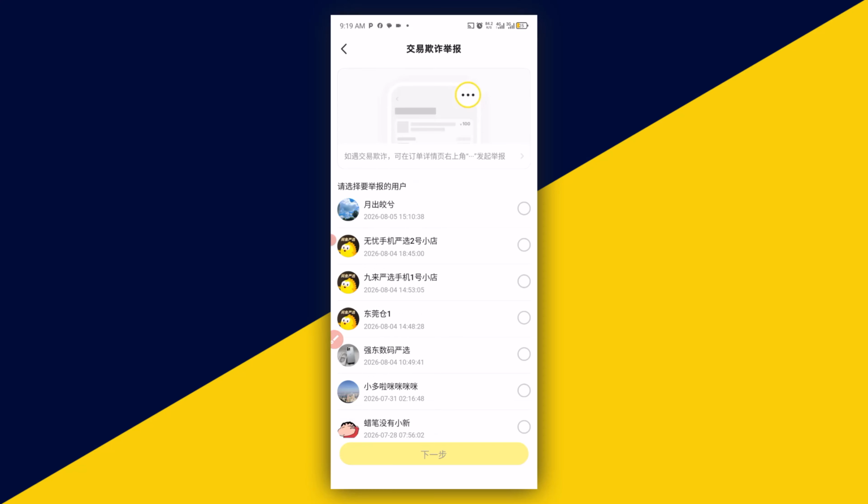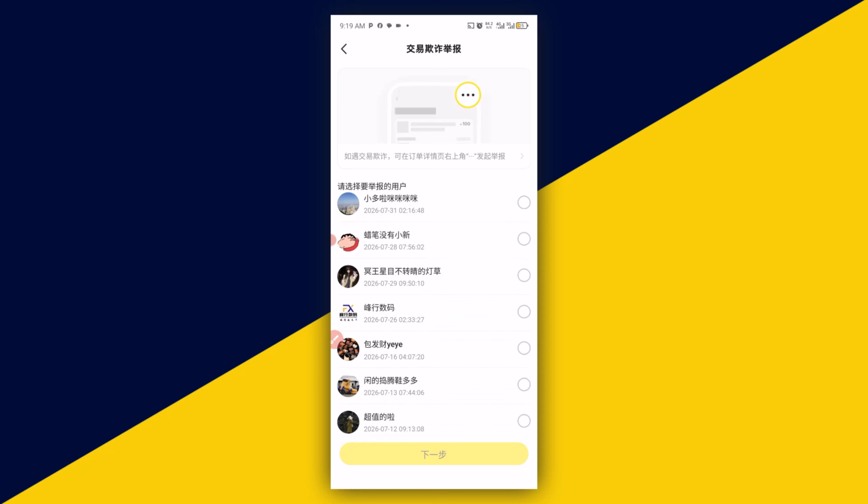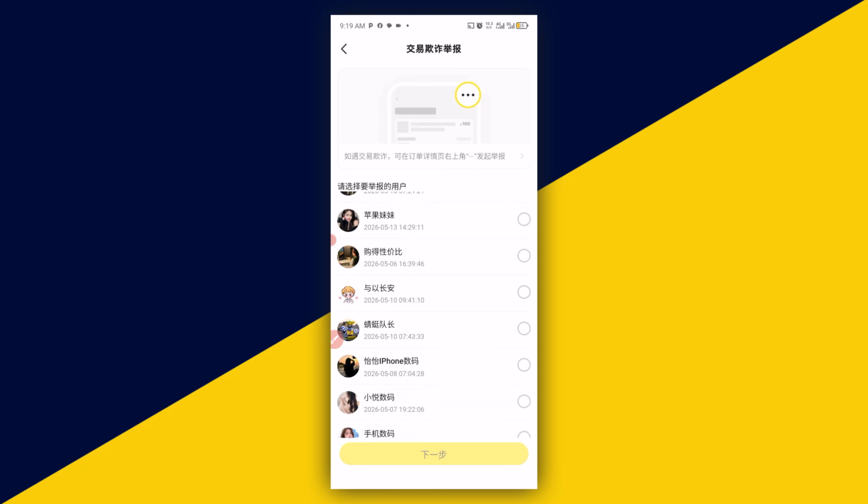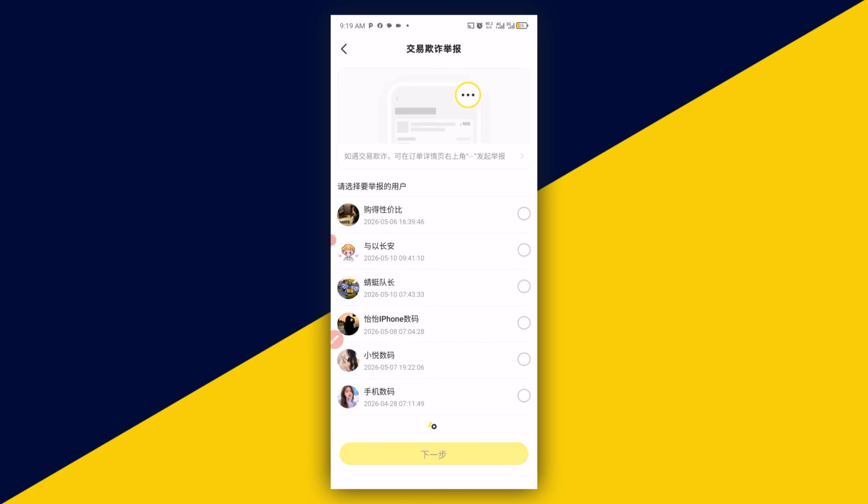And it's going to take you right here. All you have to do is make sure you select the supplier that scammed you. You have to make sure you select the chat and the ID right here. Once you select them, simply click here and proceed. Submit all the proof and evidence that you got scammed, and then the Xianyu team is going to respond and